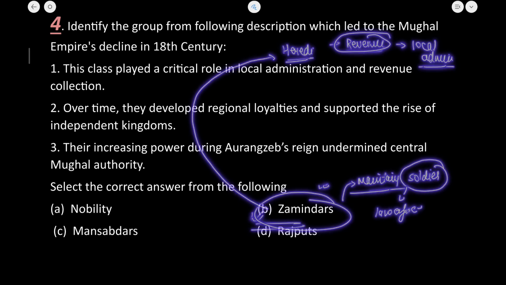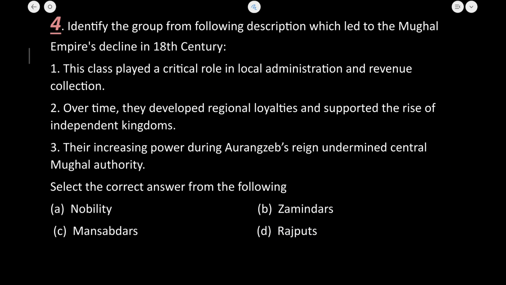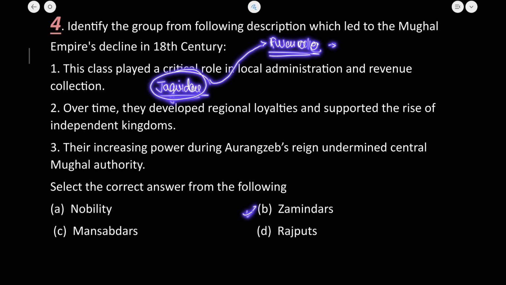Okay, so both of these works were done by these zamindars. So this you need to know. Now there was another class, and you need to know about the jagirdars also. Now who were these jagirdars? These jagirdars were assigned the role of revenue collection, in exchange for some of the service that they gave. They were also responsible for collecting revenues, and they also maintained law and order in their area.